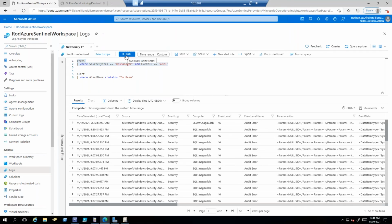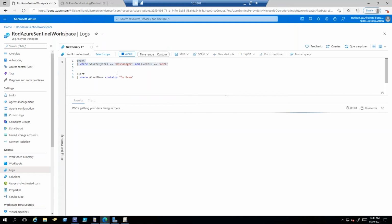I'd like to actually see if our, yeah, it does not look like. Yep, I still don't see our syslog alert here. That's probably the one downside, it's not an instant real-time type scenario. It does take a few minutes for this stuff to kind of pop in, but once it's there, yeah, just